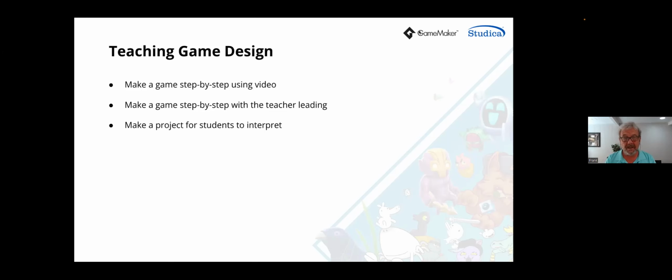And then there's a new way that we're really working on some resources for, which we call modding. And in game modding, the game is already designed, the game is there, but now you can make changes to the game to make it your game. So you can change the artwork or the characters that are within the game. You could change the